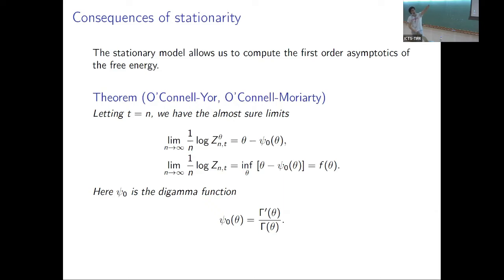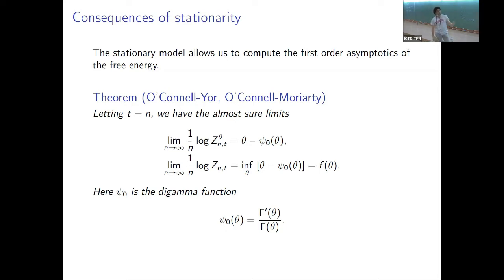So for example, for the stationary model, you can divide by n and take the limit as n goes to infinity. You have this theta times t coming from the Brownian motion with drift, and this psi 0 of theta coming from the expectation of log of 1 over x, where x is gamma distributed. If you look at the non-stationary model, it's not just the law of large numbers. This is work of O'Connell and Moriarty,